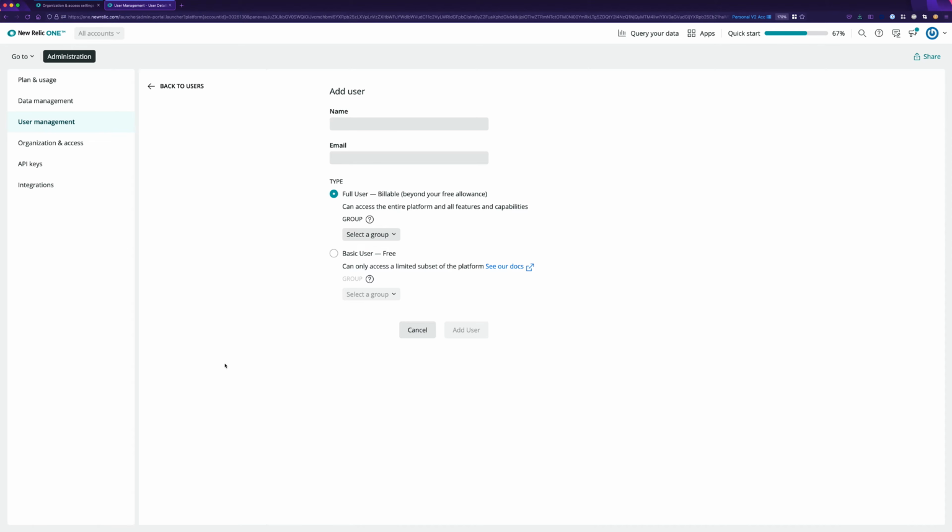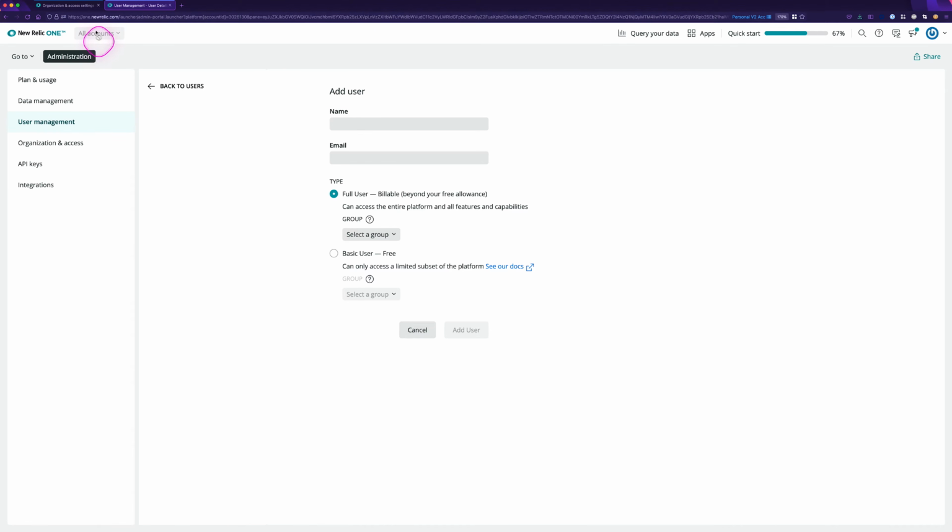And when we went to add those users, we saw that there's no groups that they can be given access to. What this means is, yes, they'll be able to log into New Relic, but they'll be able to see absolutely nothing. They won't see any data, they won't be able to look at any of the management pages for the account, so they'll see nothing because we haven't given them access to see anything.